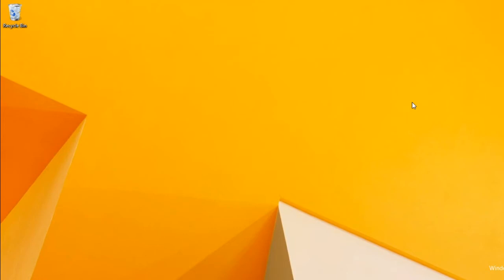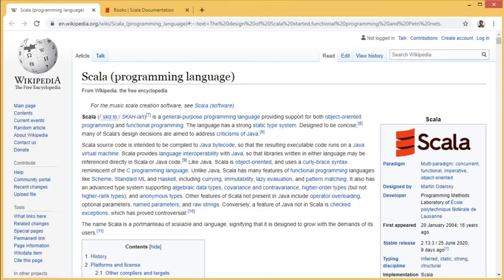Hello and welcome back. If you want to learn more about Scala, you can go to this wiki page or any other page. I found it quite interesting. It came out as an experiment done on Java Virtual Machine, and now Spark is built on Scala, which is one of the best big data processing tools. We'll get into details of Spark later. Let's see how Java and Scala are related for now.